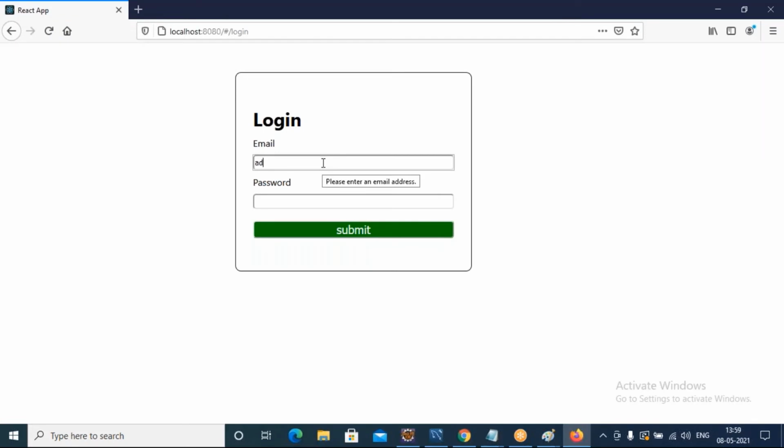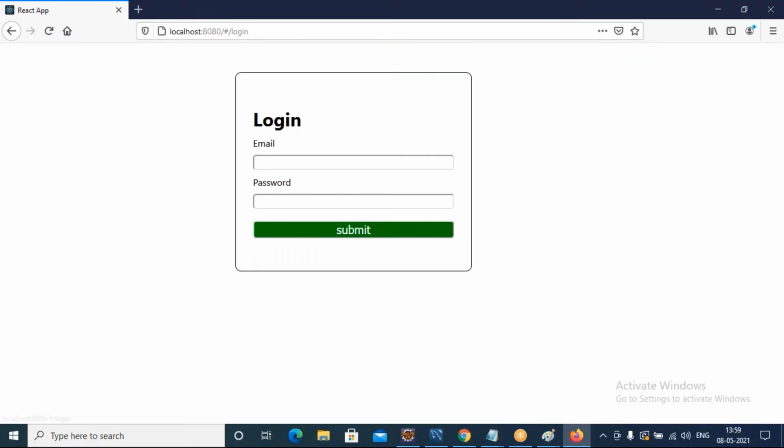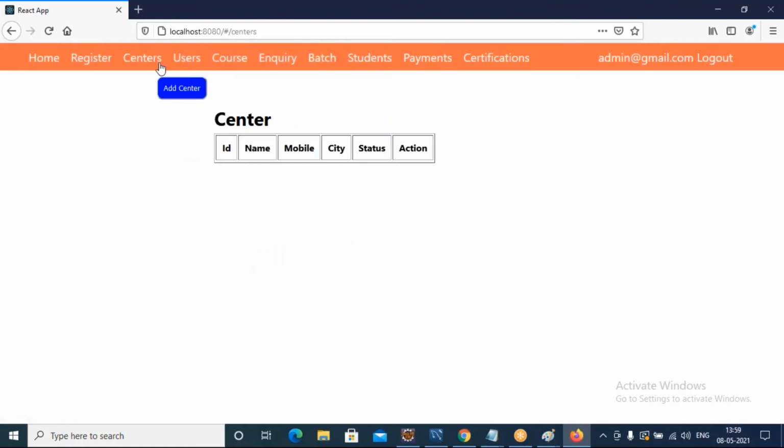Here I will log in as admin at gmail.com and admin. Logged in as admin. We go to centers, nothing is there.